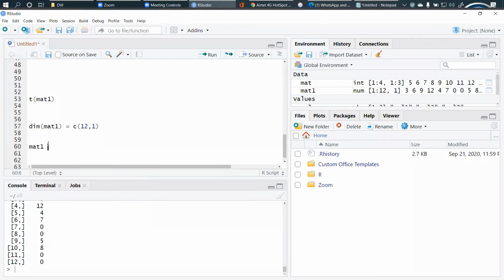You define some elements here, take some range in this C, define your rows, define your columns, and specify if you want to go by rows or by columns. And similarly for matrix 2, you use the same logic and define the matrix. Use the print method for mat1 and mat2, right? And then go for addition and subtraction, multiplication and division. So you perform these operations on your own.